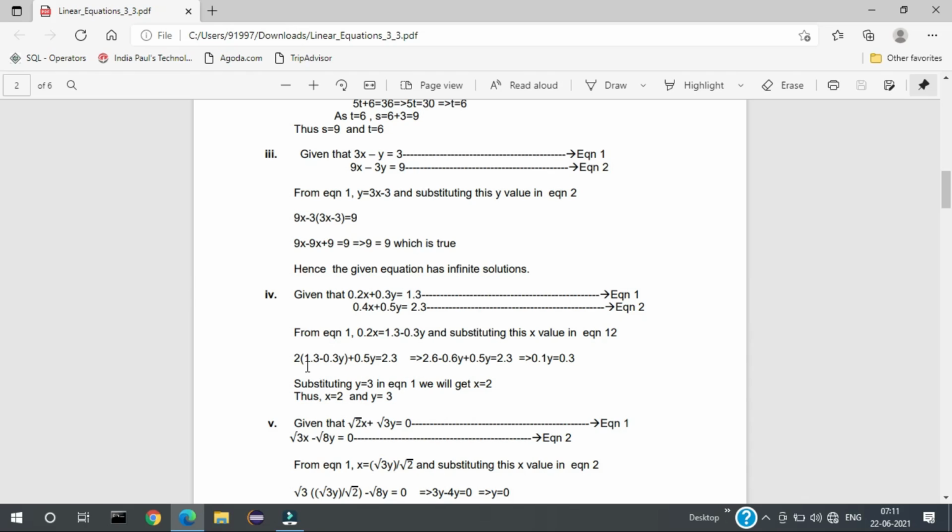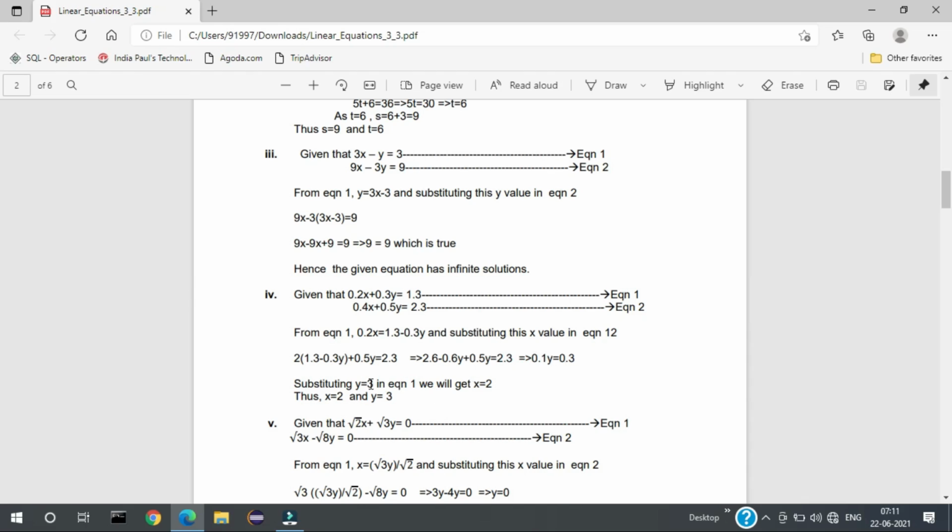So 2 into (1.3 minus 0.3y) plus 0.5y equals 2.3. That implies 2.6 minus 0.6y plus 0.5y equals 2.3. That implies y equals